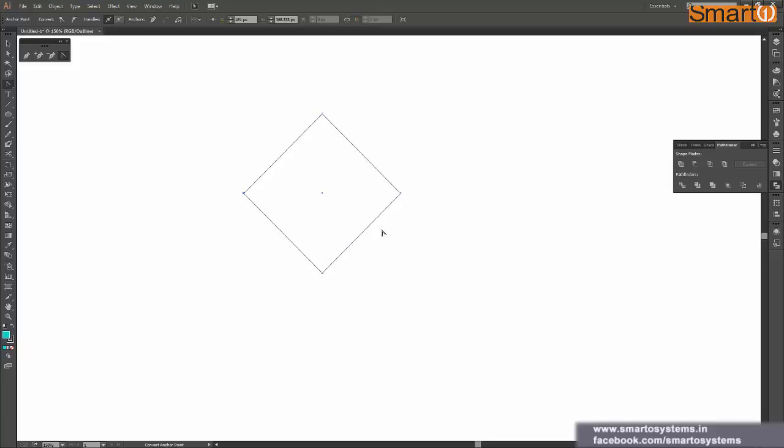The second operation for this tool is if you click and drag, you can recreate tangents on anchor points which don't have tangents. Like I have deleted tangents on these anchor points, so I can click and drag on this to create a shape like this again to have my tangents back. Also, if there is any anchor point which has tangents already, you can still click and drag to recreate the tangents, and it will recreate every time. So it will remove the previous tangents, and then it will reconstruct those tangents for you.